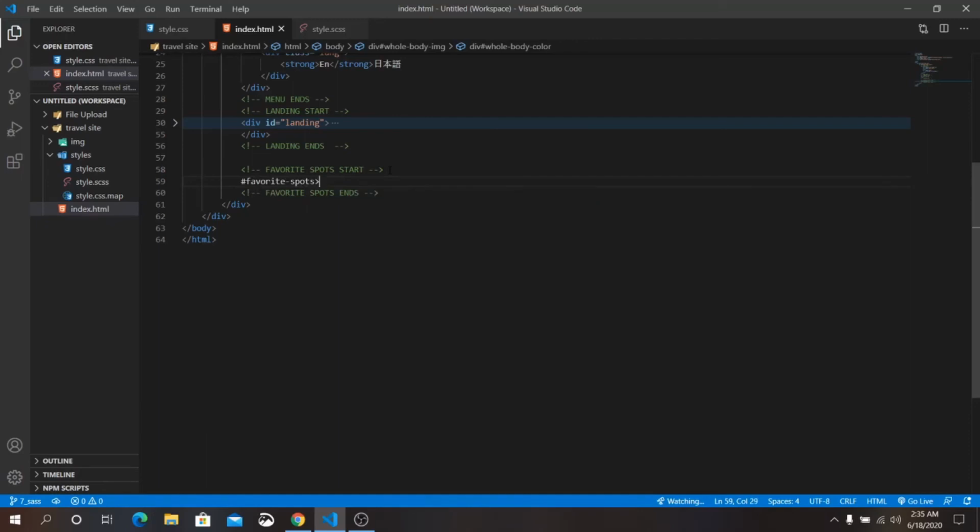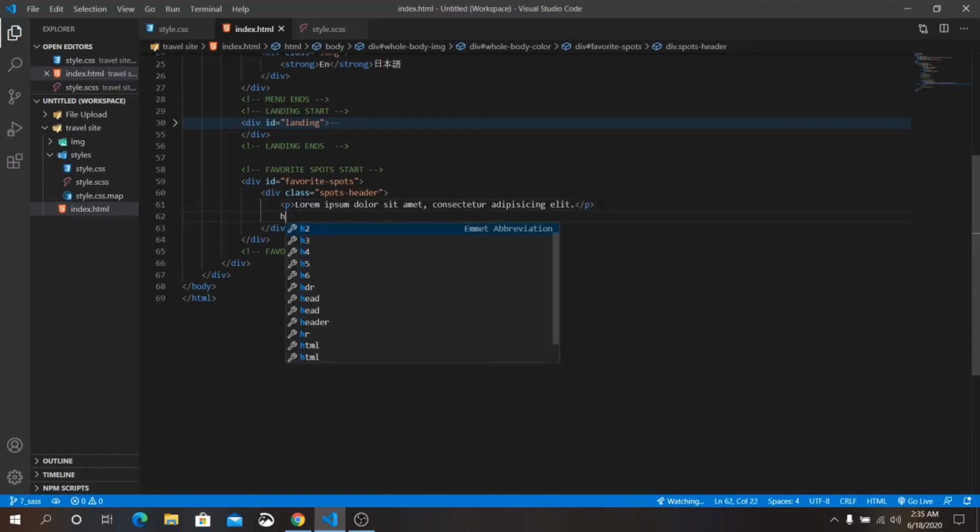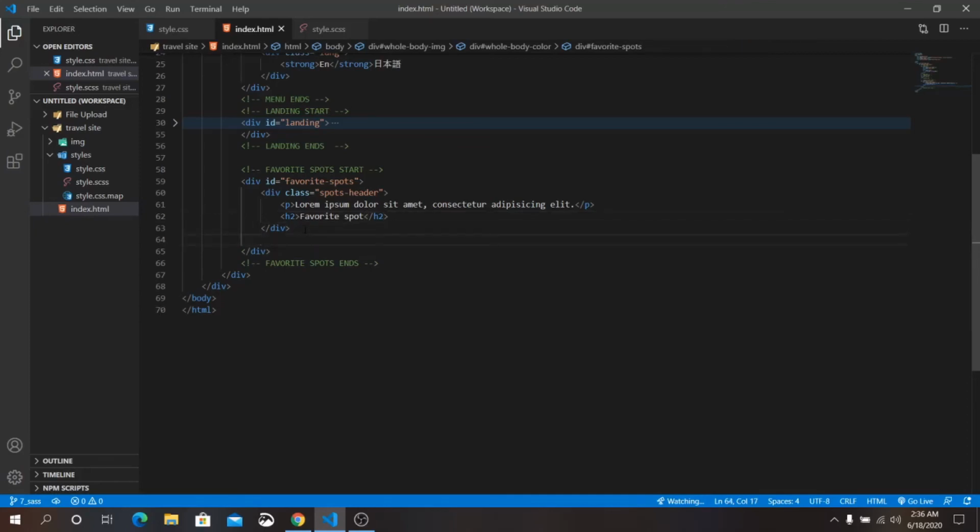Inside this div we'll have another div with class name of sports header p, lorem 8 tab. Below this header 2 it will be favorite sport. Okay, below this sport header we will create one more class